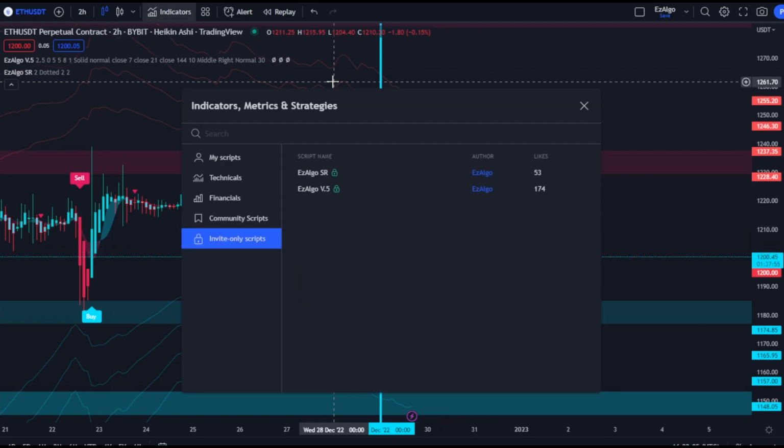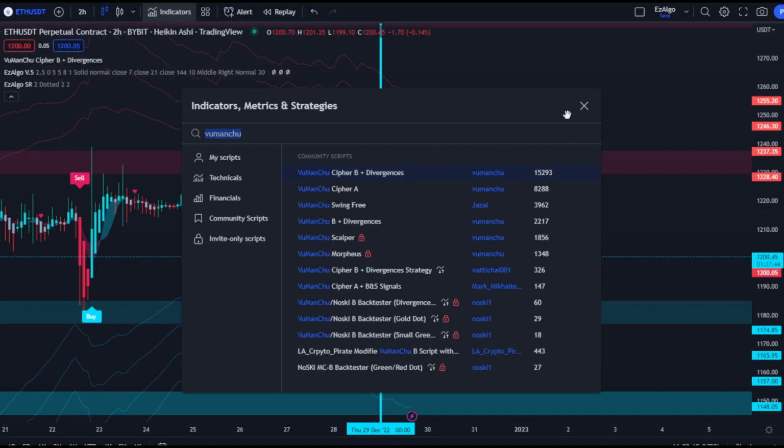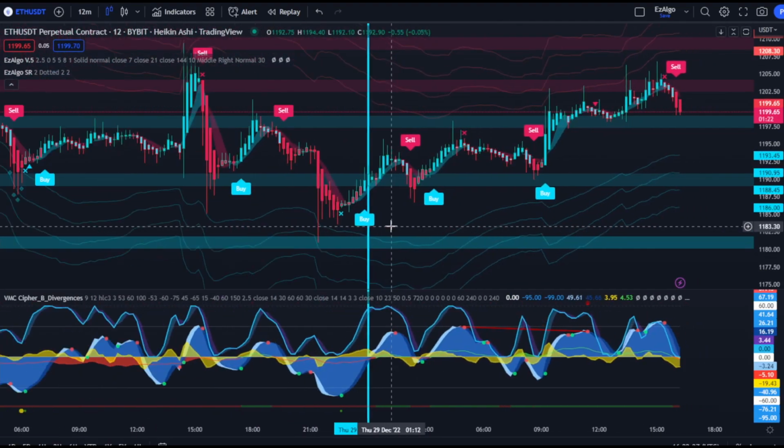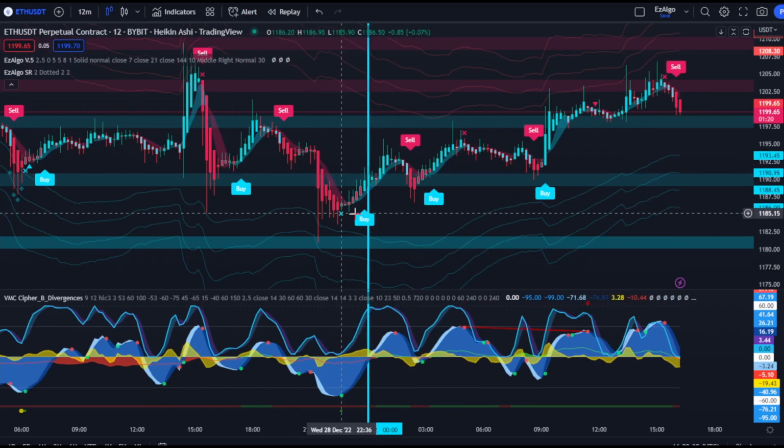Now, what I'd recommend is go down to that 12-minute time frame for entry, but to do that, you're going to need another indicator, a free indicator called Fu Manchu Cipher B. So load in your Fu Manchu Cipher B and divergences, and we're going to go down to the 12-minute time frame. And you can actually see on the 12-minute time frame, we previously had a mild buy signal right here